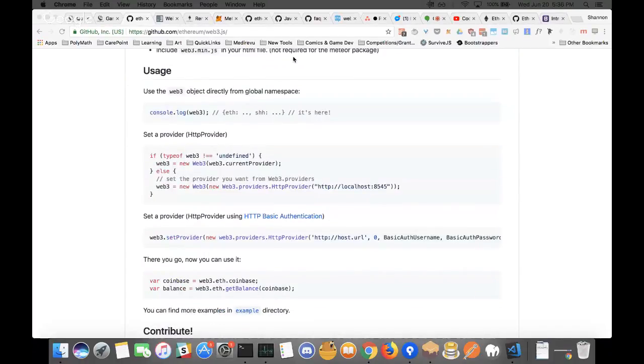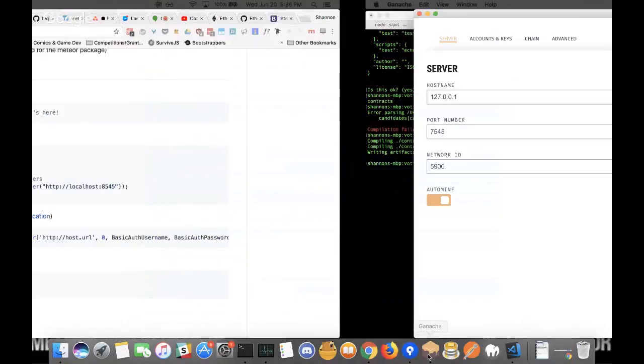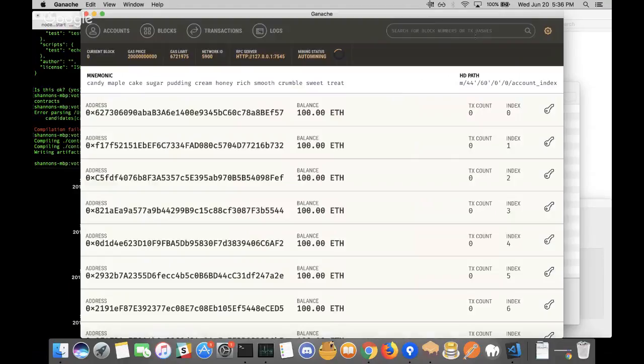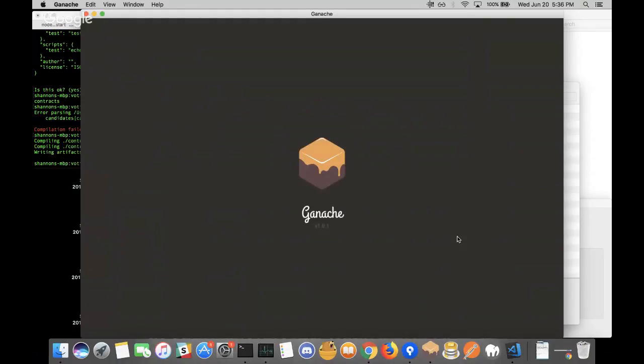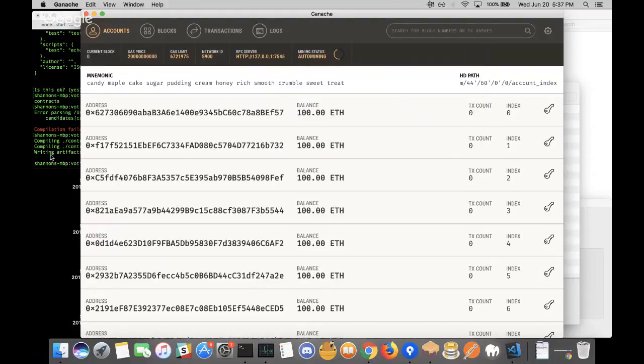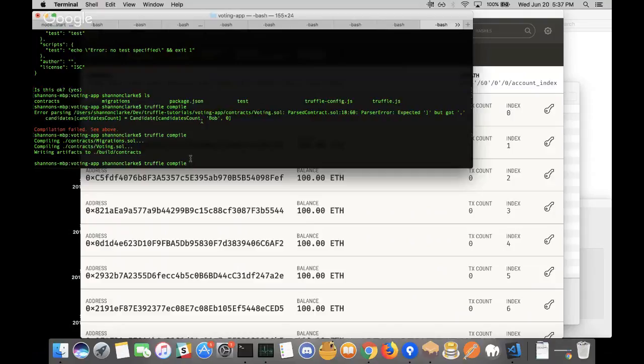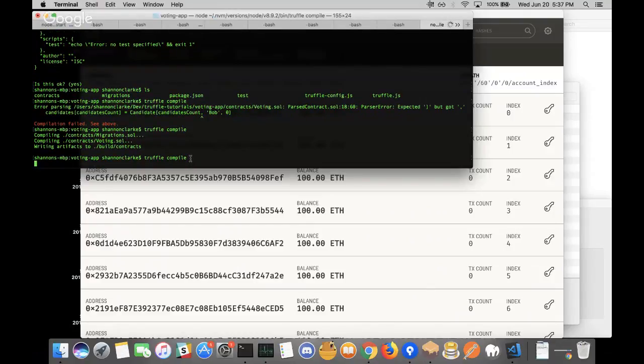So if I scroll down here, I can actually see use of the Web3 object directly from global namespace. I have to set a HTTP provider. And in this case, I'll be using localhost. And you can see the port number here. Just to remember, we're using 7545 and not 8545, which is what you saw before. Just to be safe, I'm going to close that Ganache build and start over again. I can recompile my smart contracts,